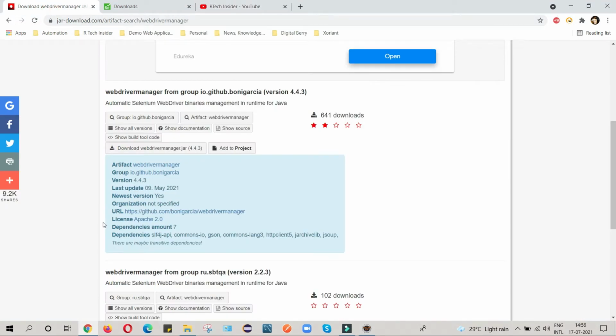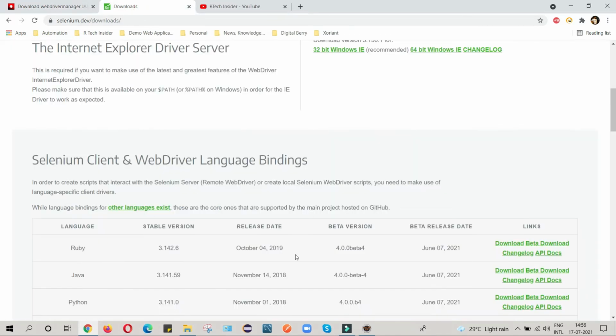You can download WebDriver Manager from jardownload.com, and also you can download the Selenium Java beta version from selenium.dev. And also, if you want, I will share my Google Drive link in the description of this video so that you can directly download the jar files.